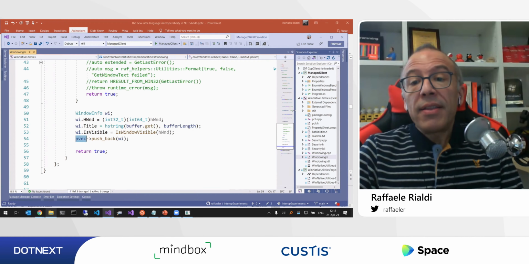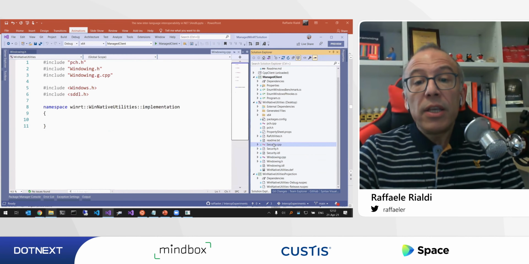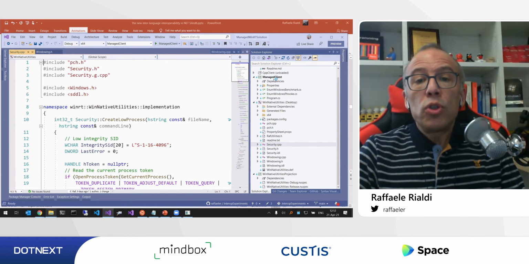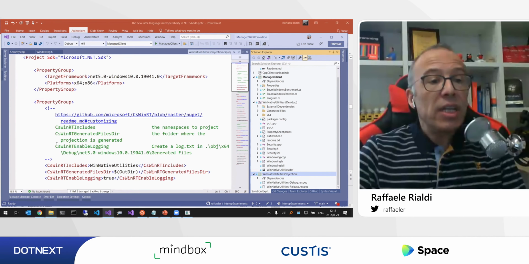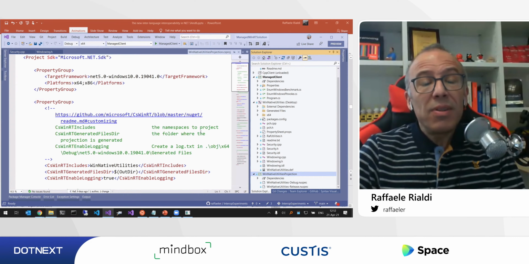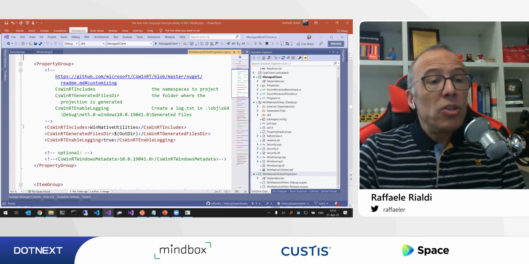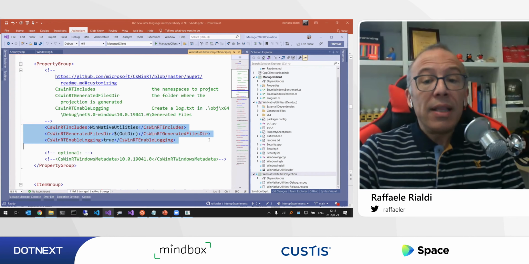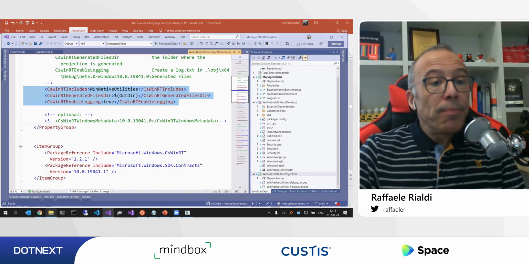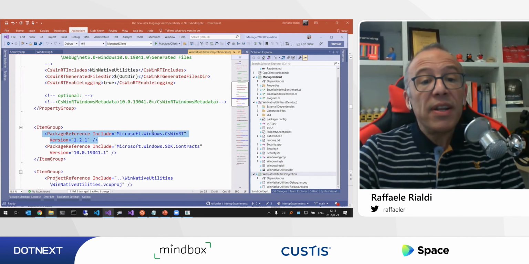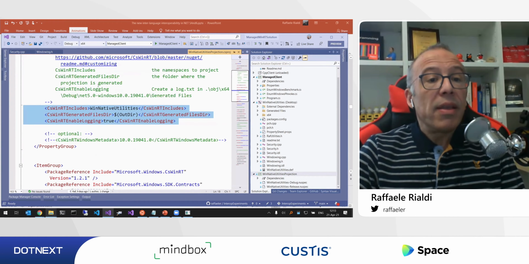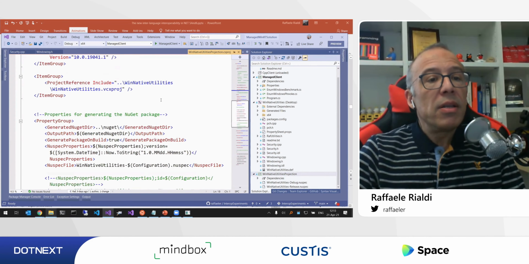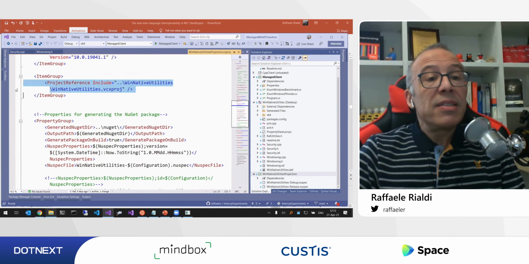I also have another component here, which is basically a security component, but I want to show first the code here, because the key of the success of this projection is that we now have a managed project that we don't have any need to write code into, which contains just the projection. And we have this item group specifying the package reference to CsWinRT and the SDK contracts. We have some options here that I explained in detail, not truly super important, and then a reference to our C++